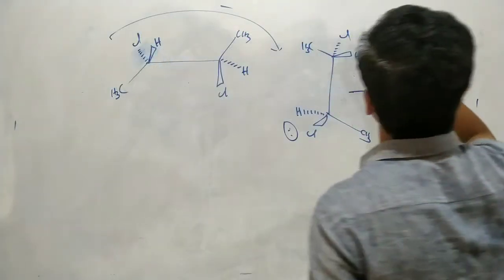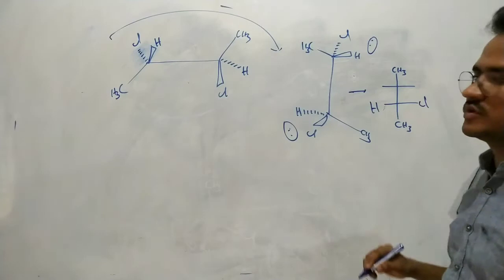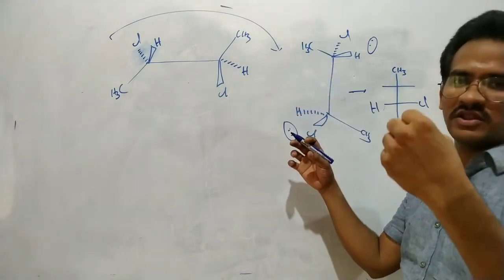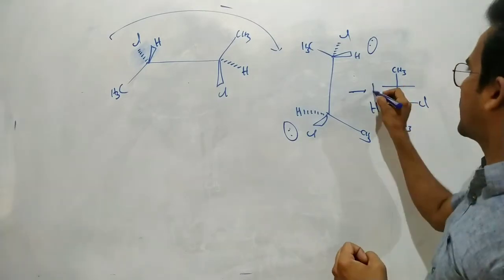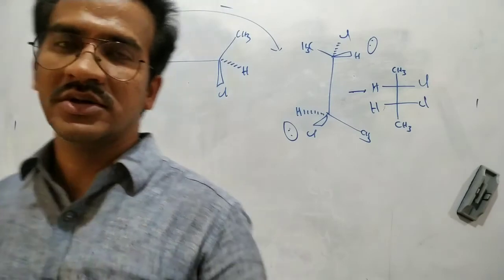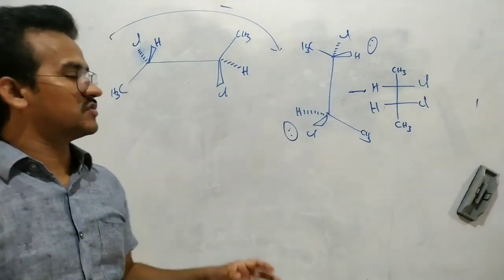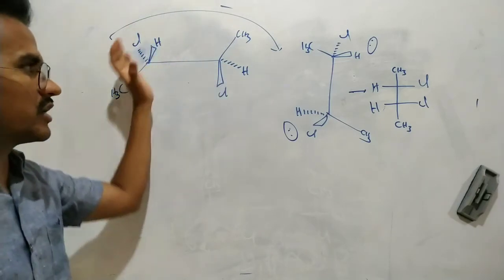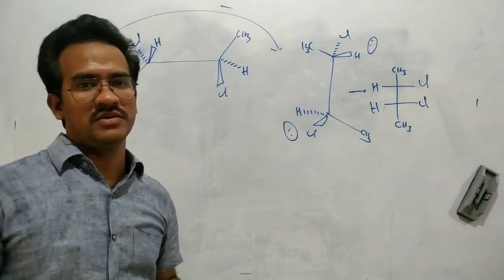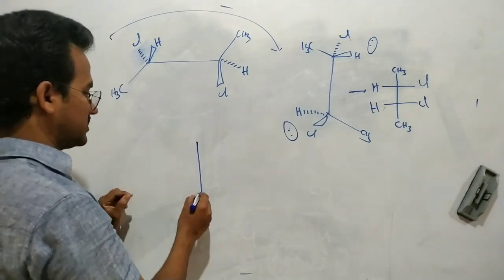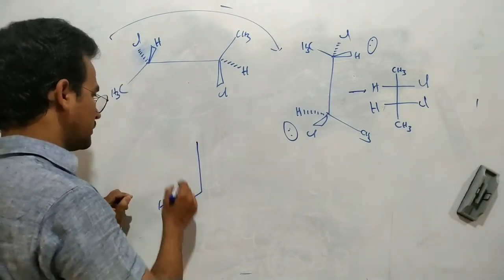Now this one is looking from the right side. So when you look at the molecule from the right side, the group above the plane is present in the left hand. That means here hydrogen, remaining chlorine. That's it. That is the exact 2D representation for this 3D molecule. We can flip the molecule either to the right side or to the left side. Or suppose the molecule is given like this: COOH.